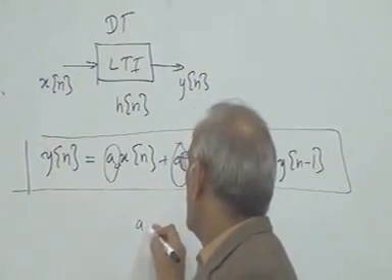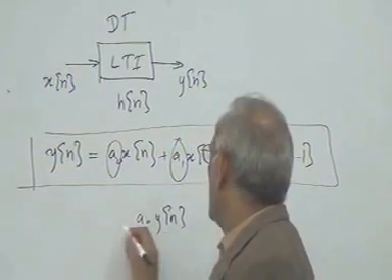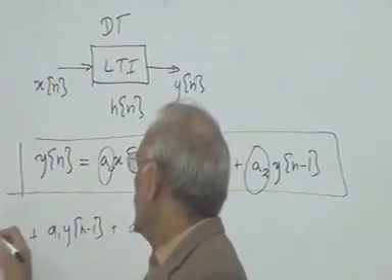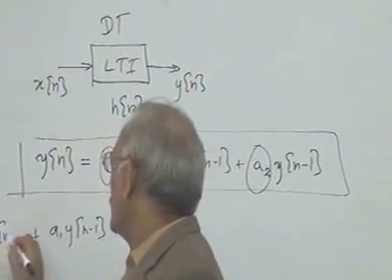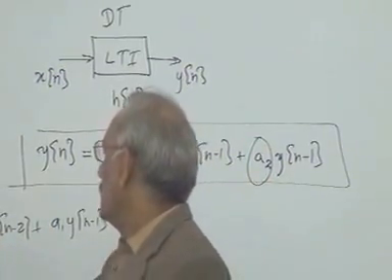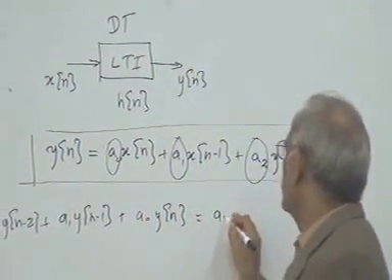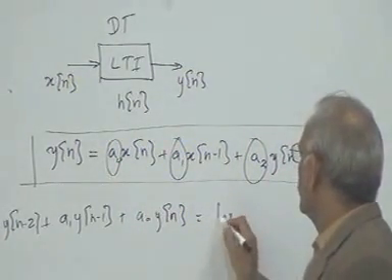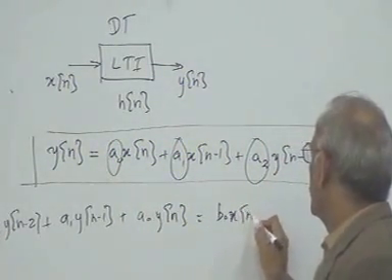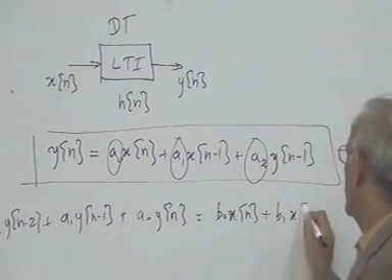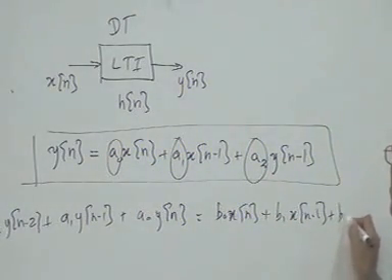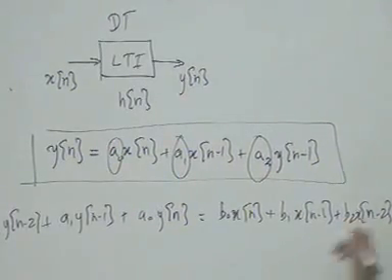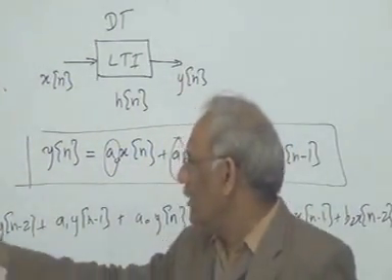Let's have a naught y of n, a1 y of n minus 1, a2 y of n minus 2, and so in general it may be an equation of this type,